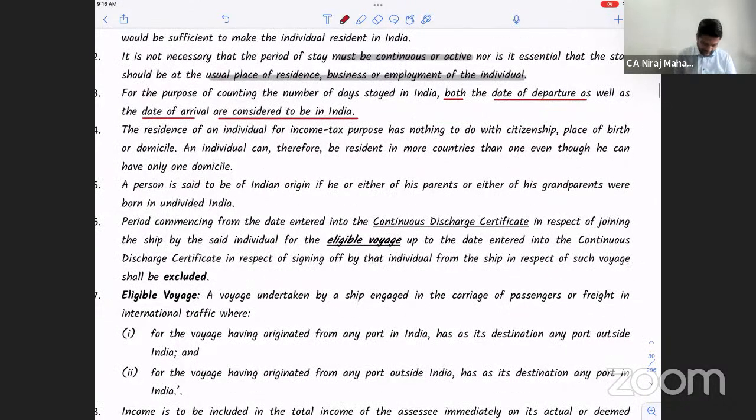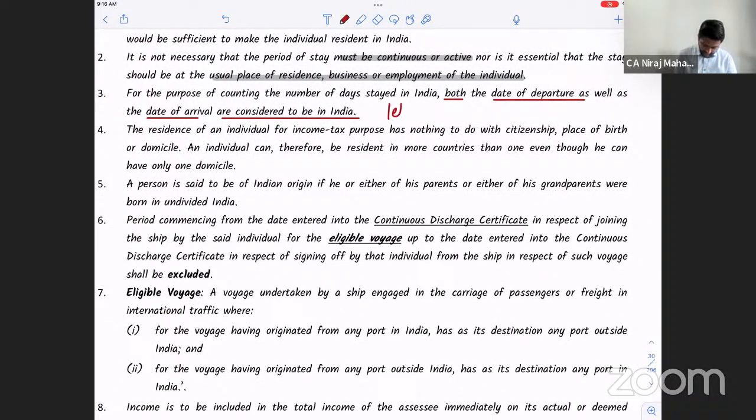Let us say a person left India on 7th September 22 at 1 a.m. The flight is going outside India. The flight is leaving India at 1 a.m. On what day is he leaving? 7th September. Now, you understand normally, for 7th September, it is already 7th September at 1 a.m. We have crossed 6th September, or we are in the night of 6th, 7th September. Are you understanding or no?